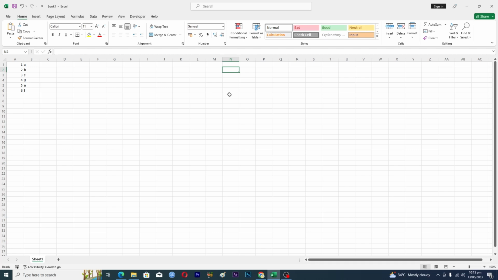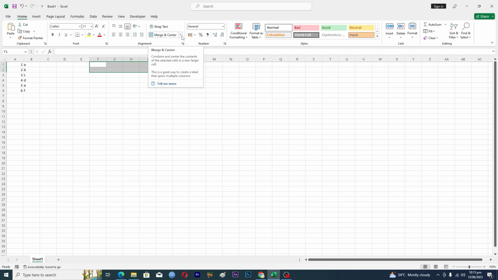So to merge multiple cells, first of all you have to select those cells which you want to merge. Okay, so let's suppose that I want to merge these cells here, like 1, 2, 3, 4 and 5, I want to merge basically these 10 cells here. So I will select these 10 cells, and here at this home tab you can